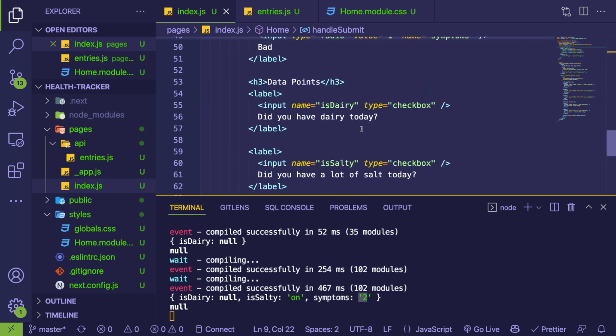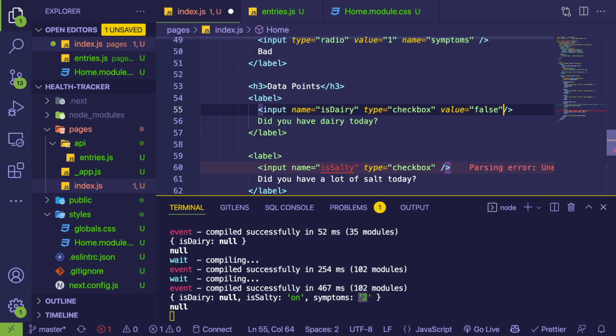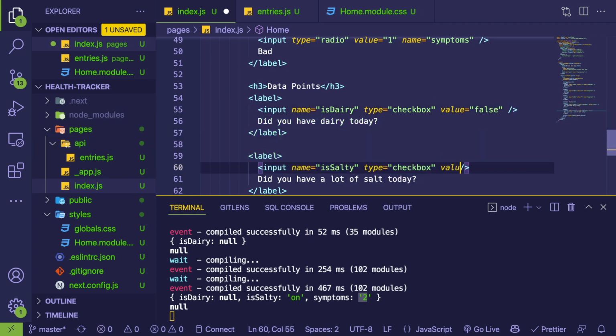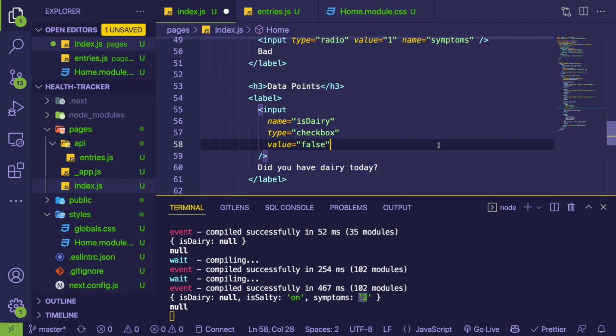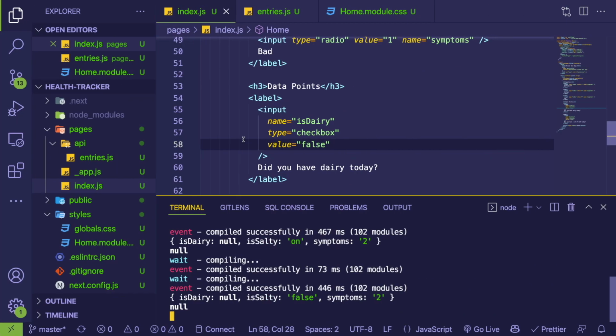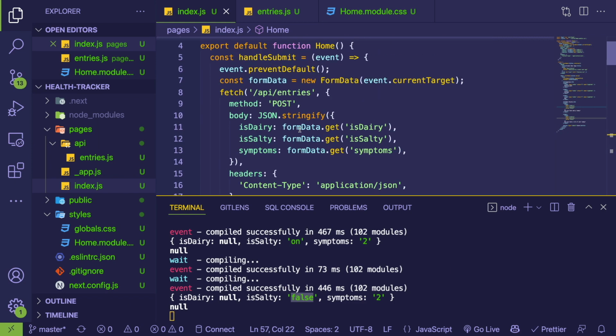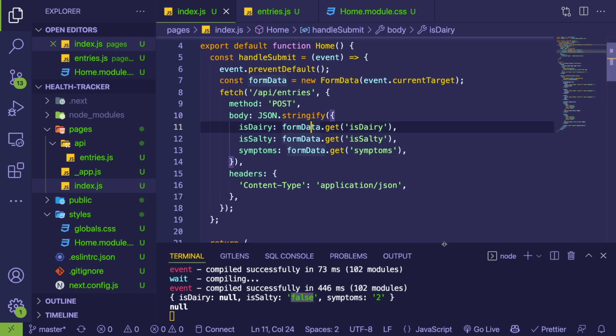So I'm not sure I really like that. Maybe we can just say value of false, but that might become a string of false. Try that again. Yeah, it's a string of false. So there's some stuff going wrong with this that I need to figure out, but that is kind of how you make a REST or Next.js